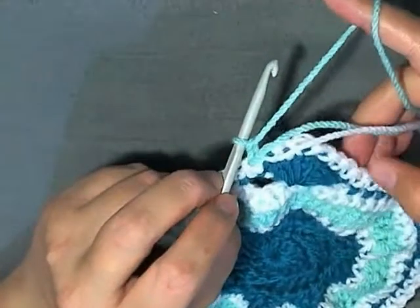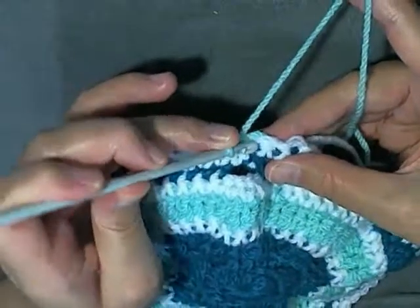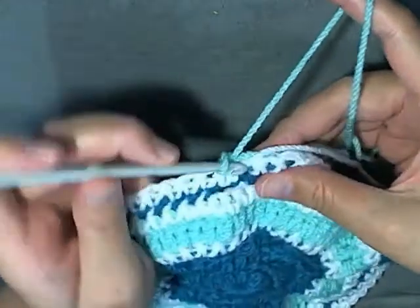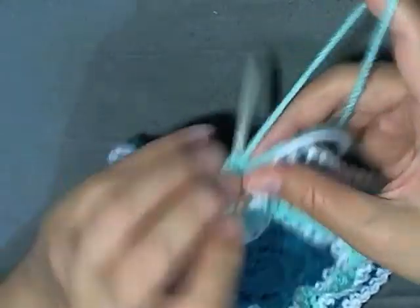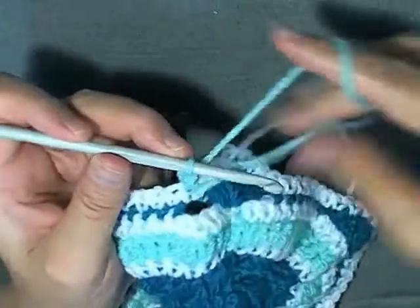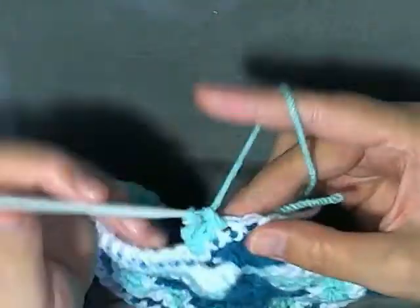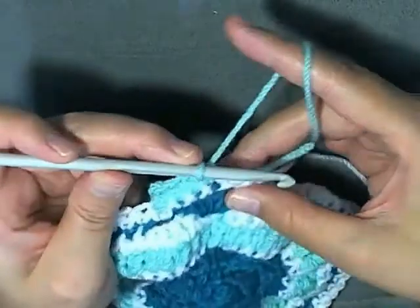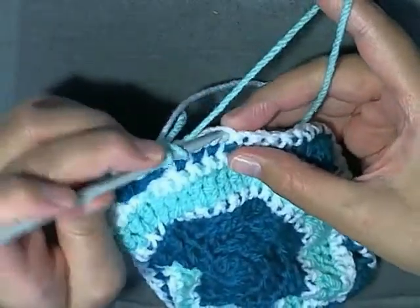you want to, so 1, 2, 3, 4, 5, 6, 7, okay. You want to single crochet into the same stitch. Okay, you want to single crochet in this first stitch that you slip stitched into, and then into the next 6 stitches for a total of 7 single crochets. So it's 4, 5, 6, and 7. Now again, you want to skip 3 stitches, and in the 4th, you want to do 7